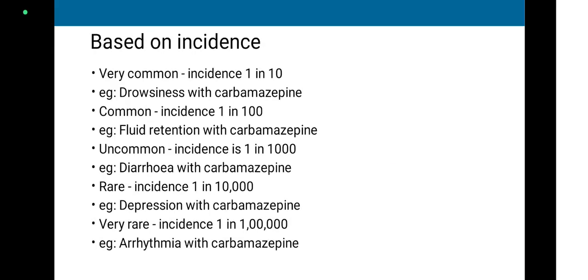Next classification is classification based on the incidence or occurrence of the disorders. First one is classified as very common, that is incident in 1 in 10. Second one, common, which has an incidence rate of 1 in 100. And uncommon ADRs are those having incidence 1 in 1000. Rare ADRs have an incidence of 1 in 10,000, and very rare have incidence as 1 in 1